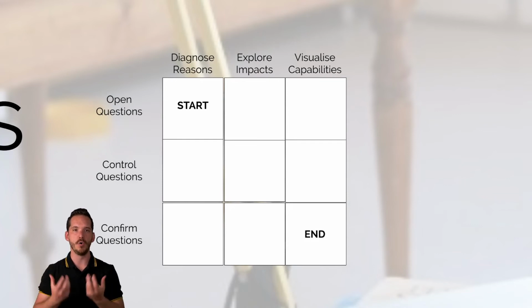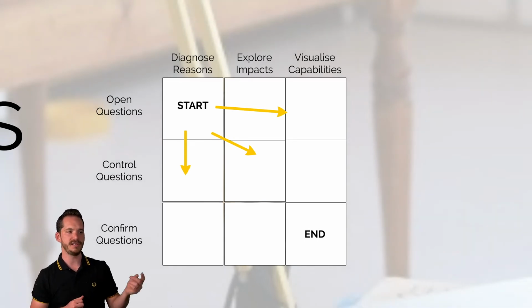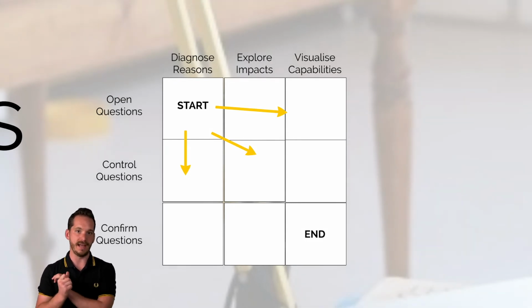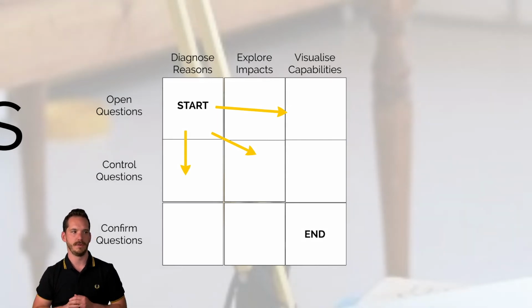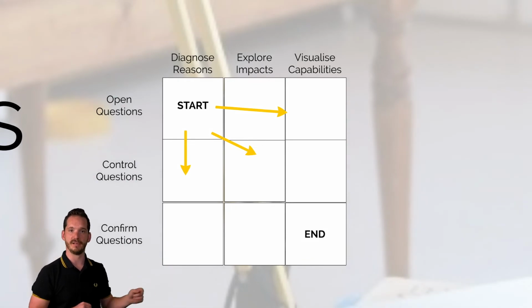Listen and ask an open question. And then it really depends on your style of communication and who the people are you're talking to. But as you can see, the idea is to get to the end, which is to visualize actions, capabilities, and confirm at the end. Almost a yes/no answer. Is this what we want to do? Yes, no, cool. But you're really going to basically look at start, you could control the question and then confirm the question, explore impacts, visualize capabilities.